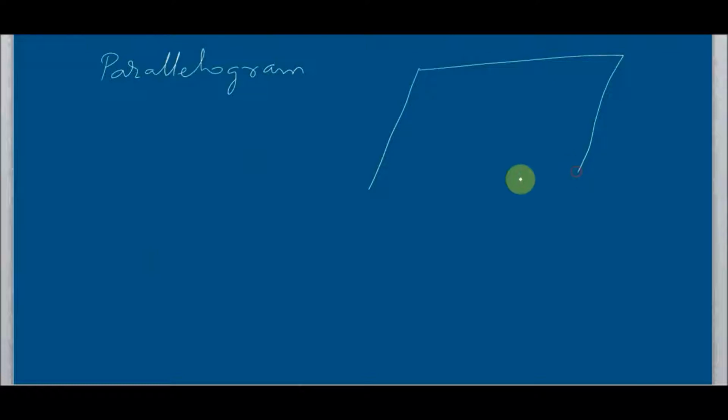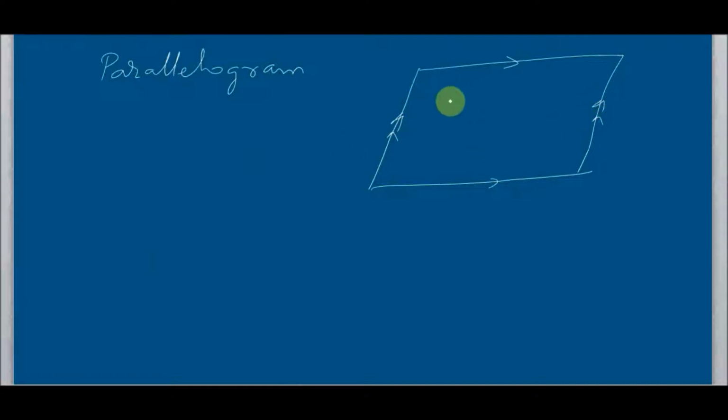First one is the parallelogram, which we are very acquainted with. There are more symmetrical theorems with parallelograms. What is a parallelogram? If the opposite sides of the quadrilateral are parallel to each other, then it is called a parallelogram, right? So this one is parallel to this, and this side is parallel to this side.